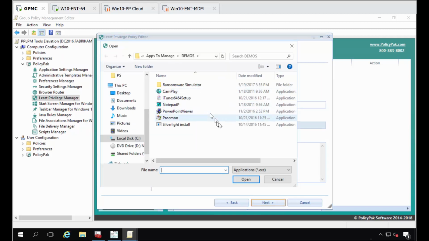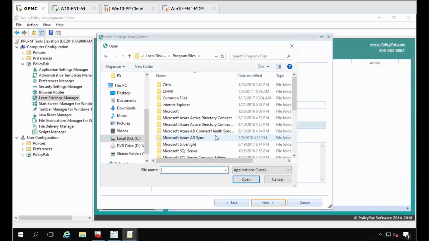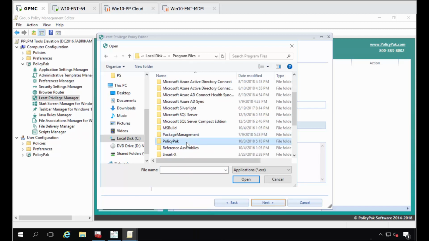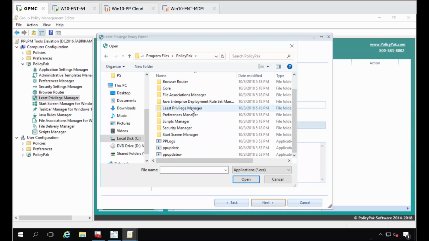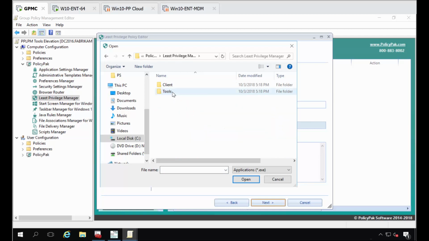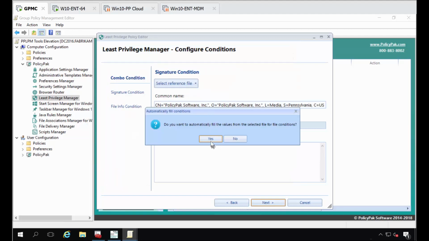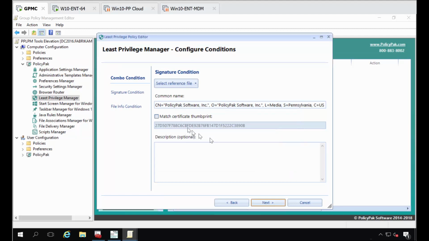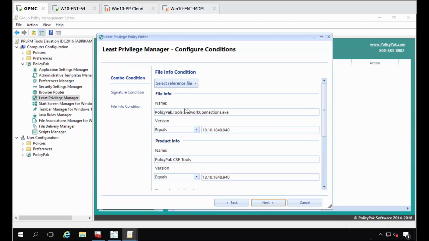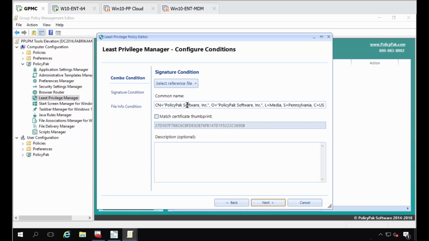reference file. Now again, this machine, the one I'm on, has the client-side extension to make this demo go easier. So that's C, Program Files, under PolicyPak, under Least Privilege Manager, Tools. There are the tools, and we're going to add them one by one. We'll start off with Network Connections. Do we want to automatically fill the values in for the file conditions? Let's say yes. And when we do that, boom, you can see the signature picks it up that